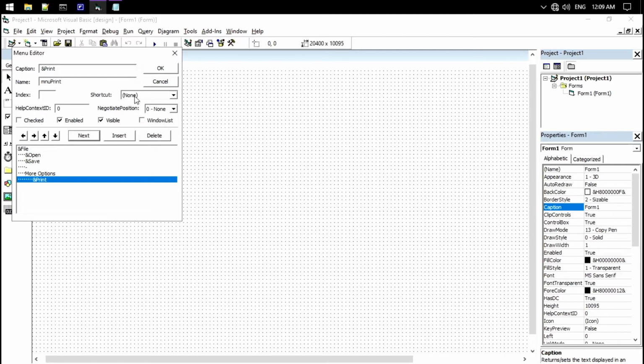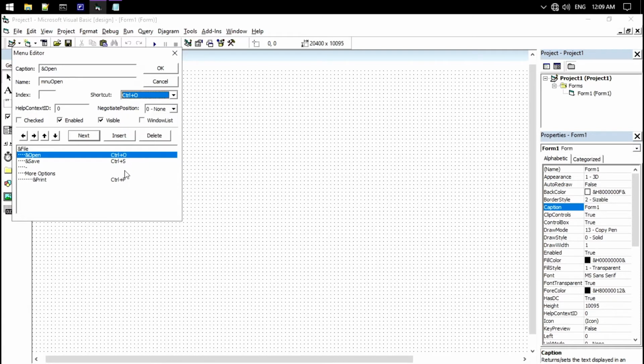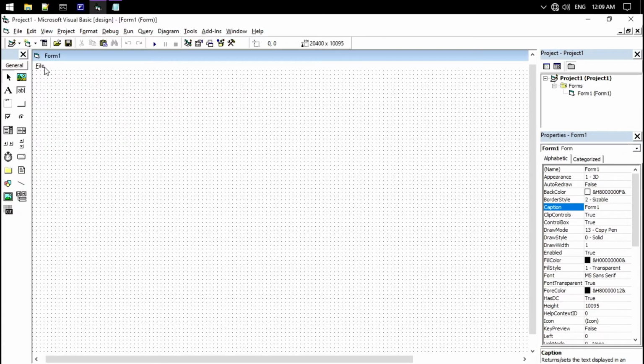You can use some shortcuts, like Control P for printing, Control S for saving, and Control O for opening the file. Okay, so as you can see, the shortcuts are beside it. We also wanted to make